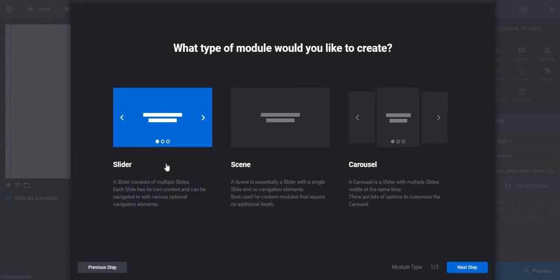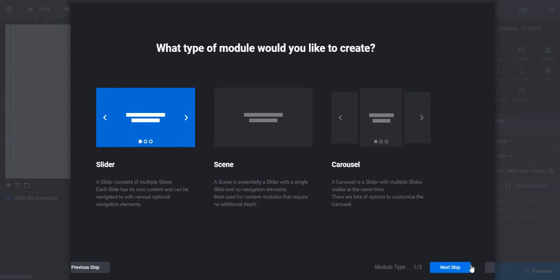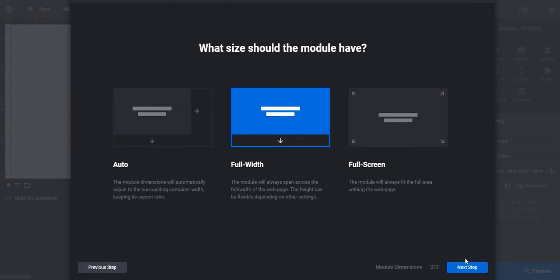So it loads the slider module templates. We don't want a scene. Scene is like a hero scene, and a carousel is like sliding images. So you can do all the different kinds of slider. I am going to make a whole new video on how to do sliders and what the best practices are and that kind of stuff. But because I need to do some research before that, I cannot cover all that right now. So here we'll select full width, and next step,